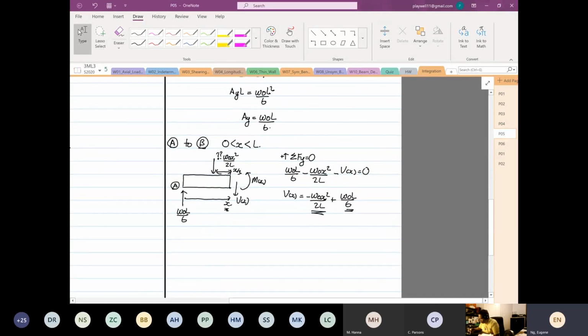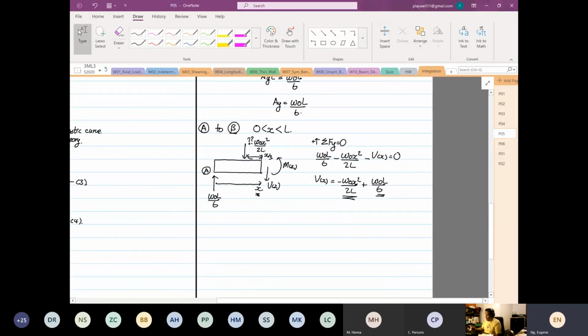You will find your moment now. So where the dot is, this is where we are going to take our reference for our moment. So, summation about moment